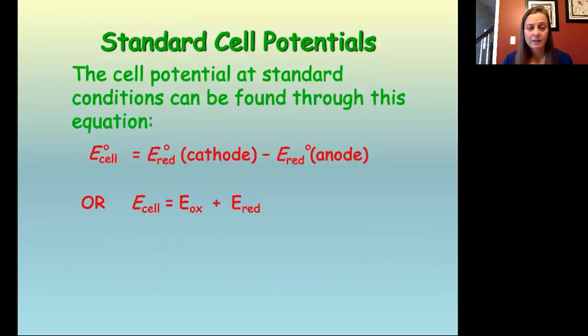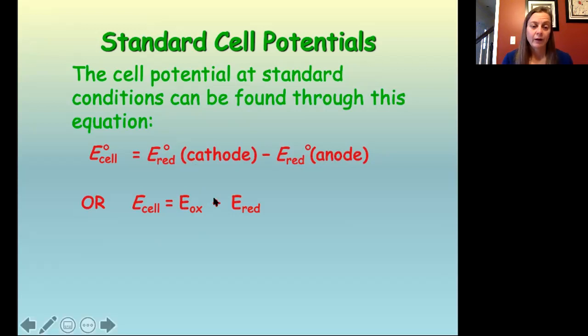We have two different ways to think about standard cell potentials. You can look at it the way we just did and say that the cell potential is equal to the oxidation potential plus the reduction potential. This requires you to flip the sign on the reduction potential of the oxidation reaction. Or you can think of it that the cell potential is equal to the standard reduction potential of the cathode minus the standard reduction potential of the anode. And when we do that, then the minus sign takes care of flipping the sign for you. And so in that case, we would have 0.34 minus negative 0.76, and we would still wind up with a cell potential of